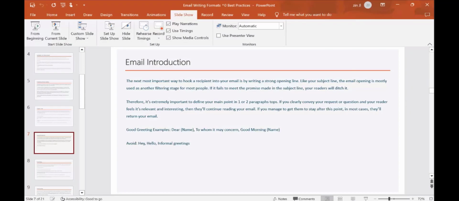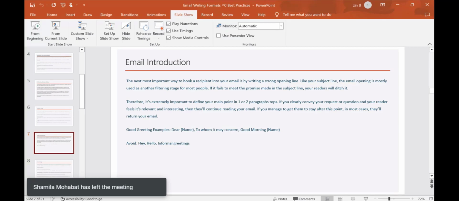The subject line says something else. The introduction is something else. How is this relevant? So that's where you have to be. You have to use the introduction where you have to focus on your points. You have to get this thing across where you have to clearly convey your request because you have to make sure that the reader finds it relevant and interesting, right?